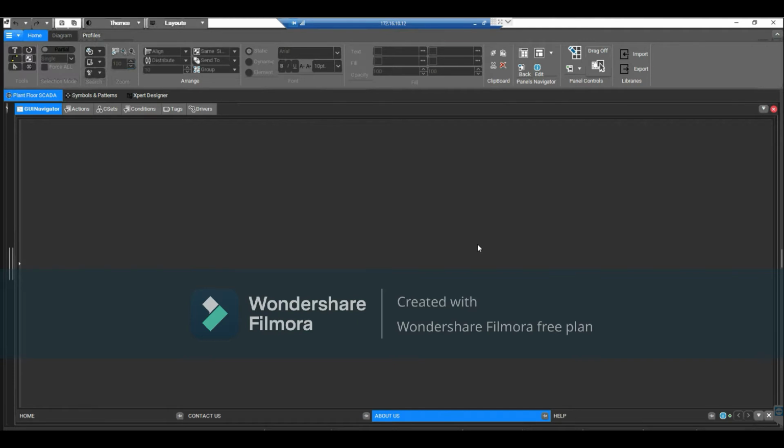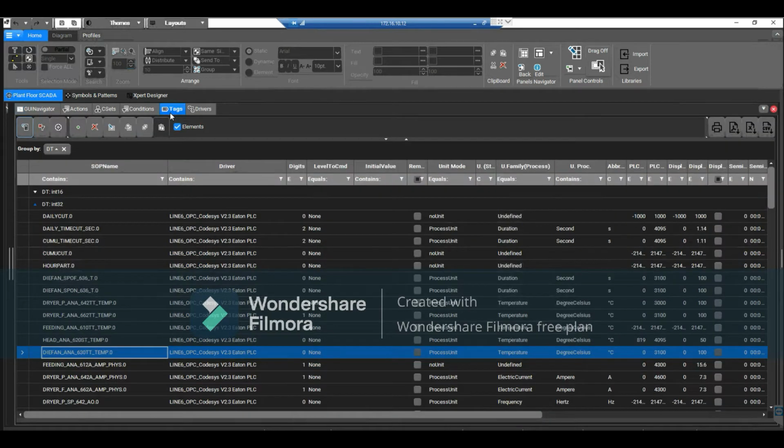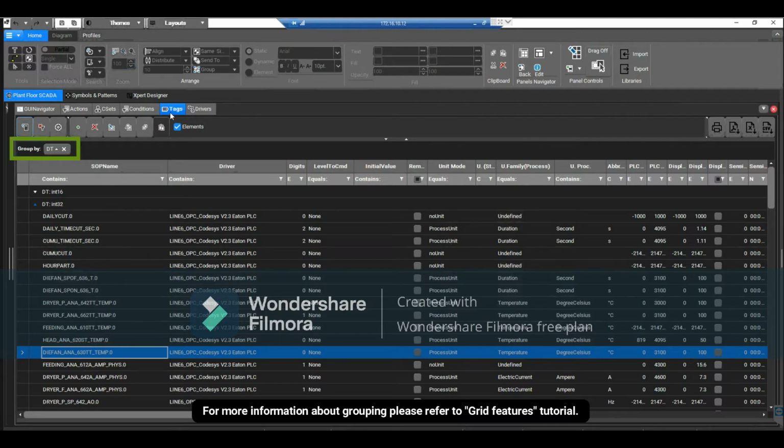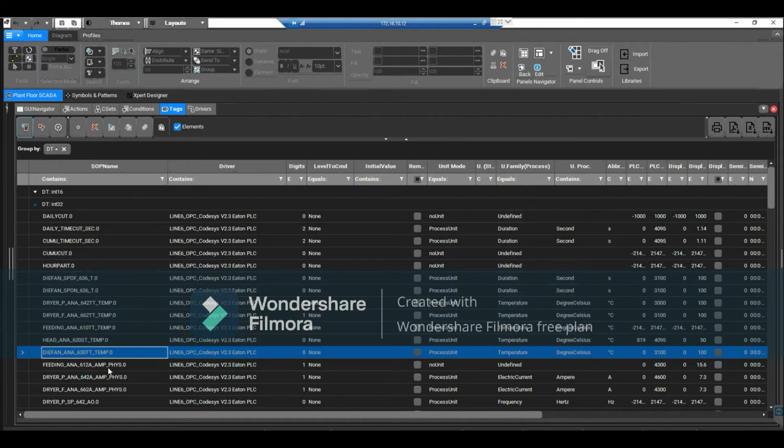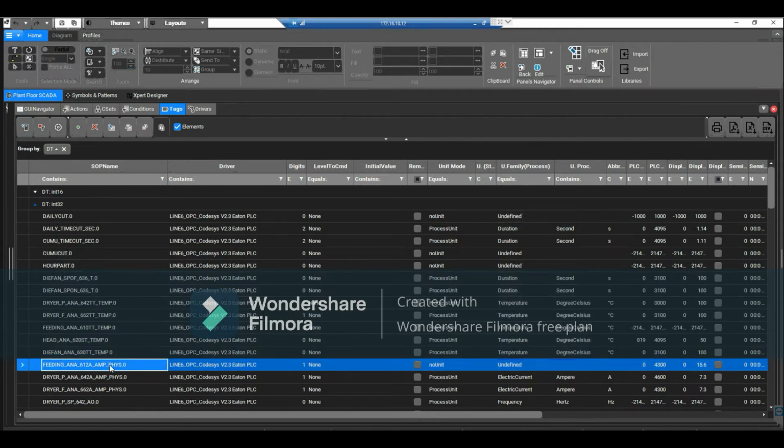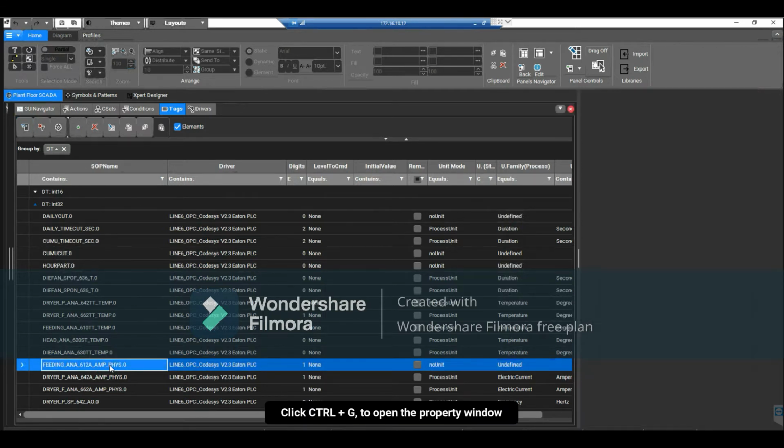To set a tag unit, click the Plant Floor SCADA tab, and then click the Tags tab. A list of all available tags appears. For a clearer view, I advise you to group your tags by the DT column. Select the tag you want to set the unit of measure for. Open the property window